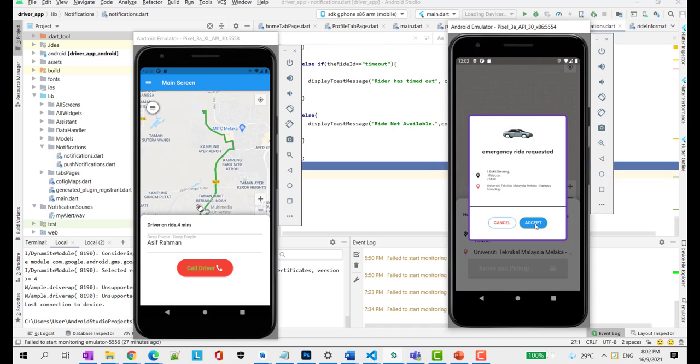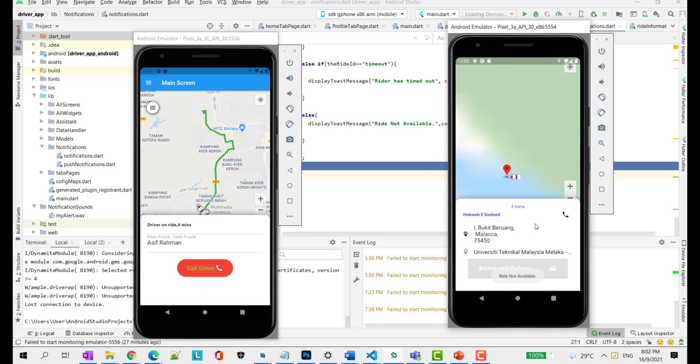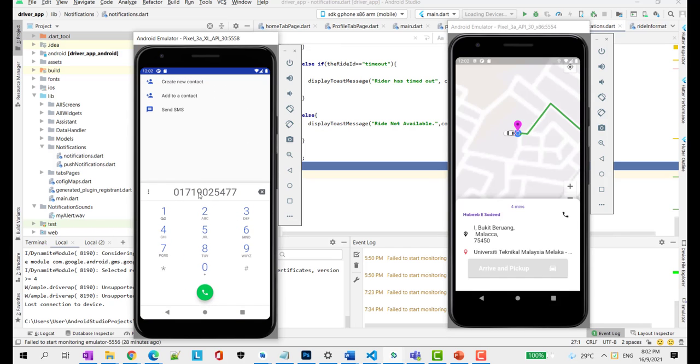As I accept the ride request, it shows me the rider's information, Asif Rahman, the car color, and the number I registered using the driver's number. You can see this number I just registered. For the booking module, I already showed it. If I book UTM, it will take some time to reach there; the duration is going to be a bit higher. So I already demonstrated the booking module.